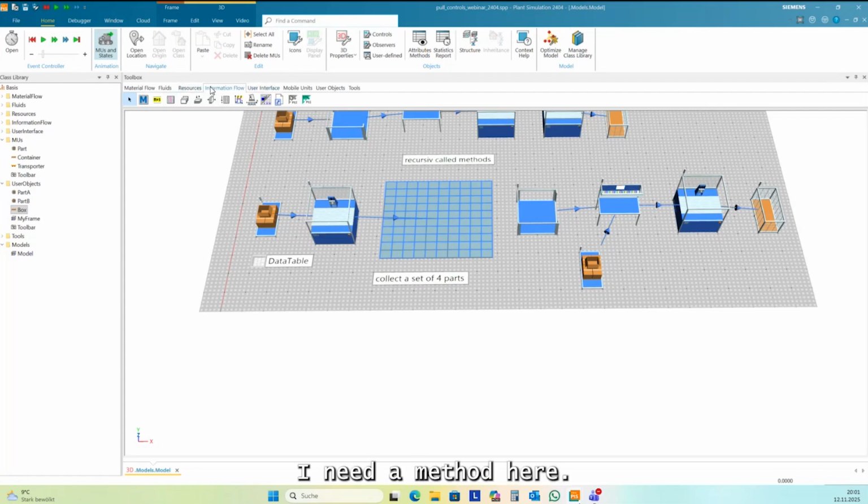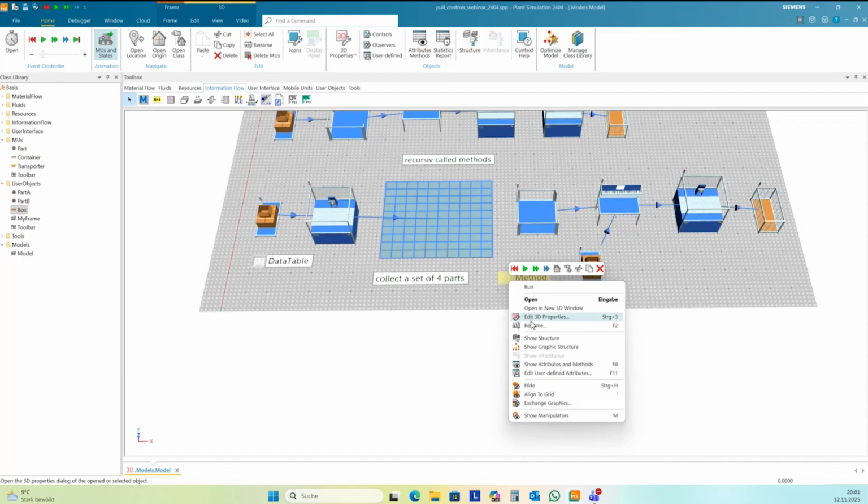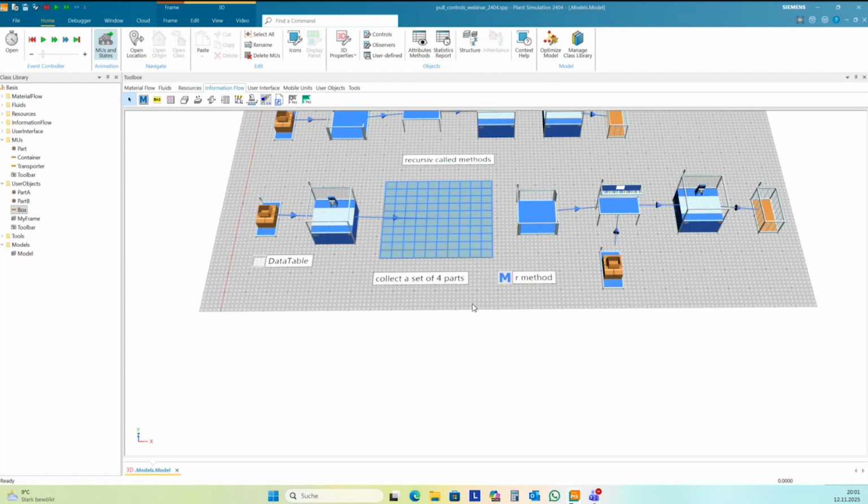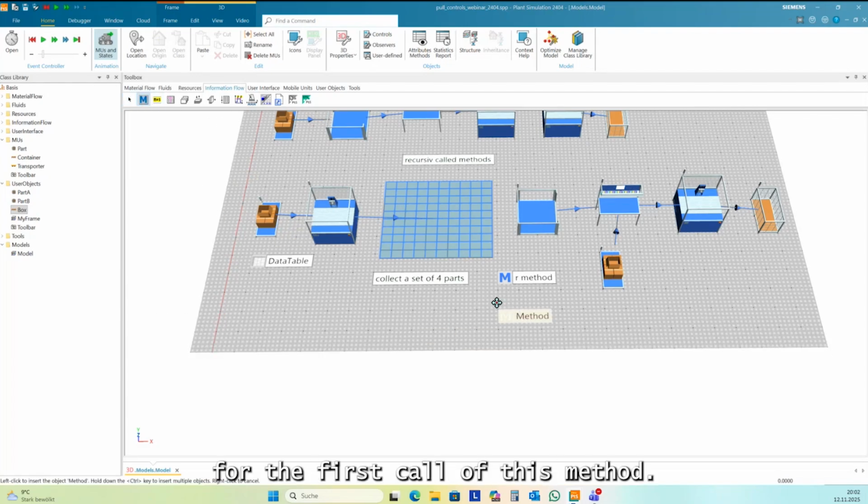Okay, I need a method here. And I need an init method for the first call of this method.